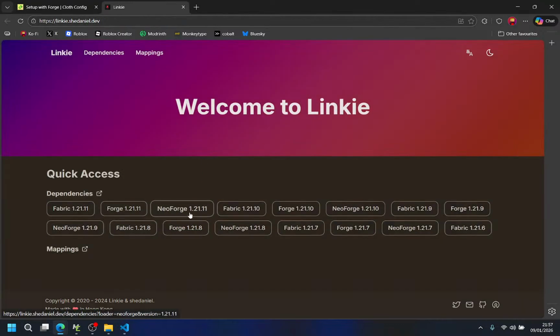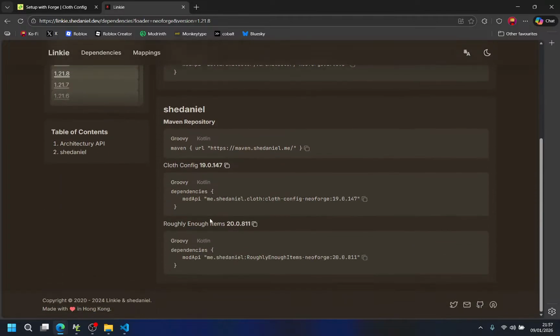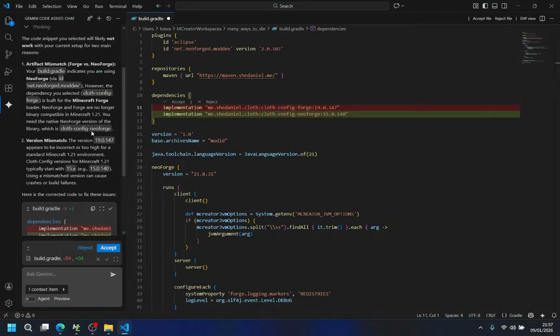If I go to the new Neoforge version I need, which is this one, I click in here, the repository is this. The dependency is... oh, my bad. Okay, yeah. Thanks AI.